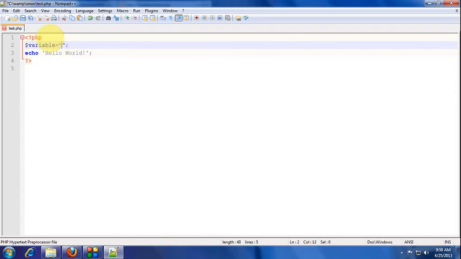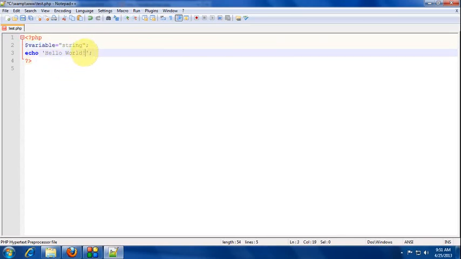There is no string or integer type declaration in PHP. If you assign a string, it will work as a string, and if we put an int value in the variable, it will work as an integer. Now at first I am declaring a variable and inserting a string value in it, so the variable is now a string. Now how to output this variable? You don't need any single quotes or double quotes, you can directly write echo variable. This will echo the value in the variable.